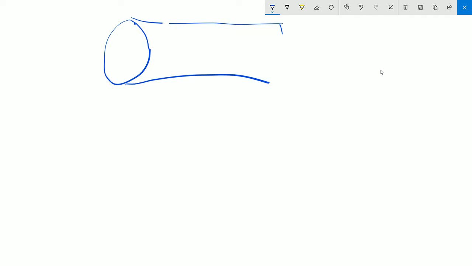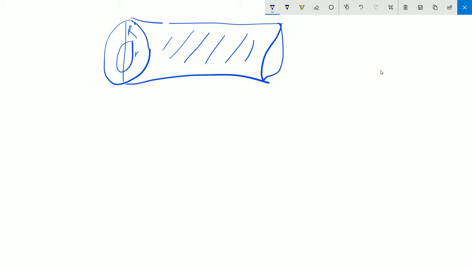So in your exams, you can also be asked to calculate the volume of a pipe. So a pipe looks like this. A pipe has an inner radius, we can call it r, and an outer radius, we can call it capital R. A pipe is hollow,